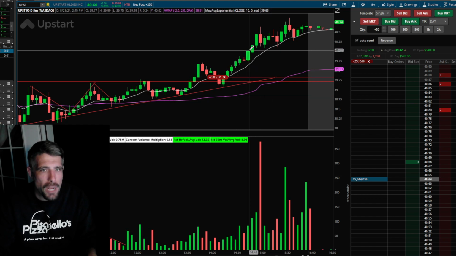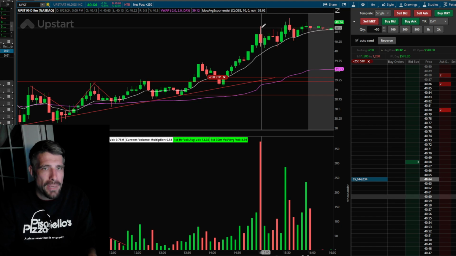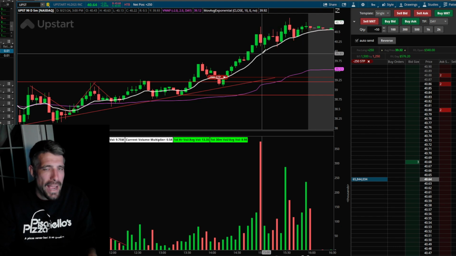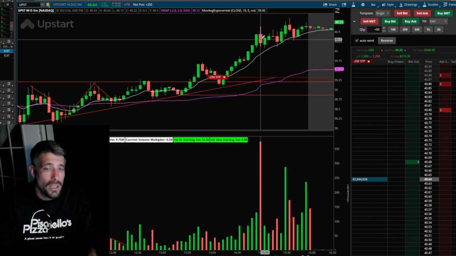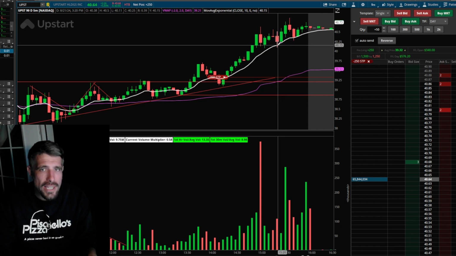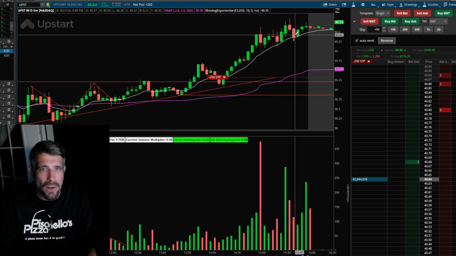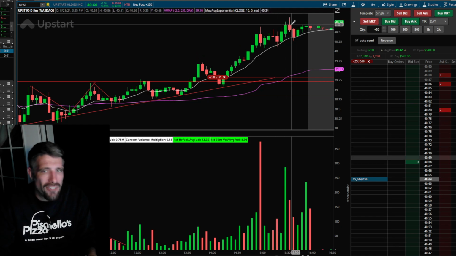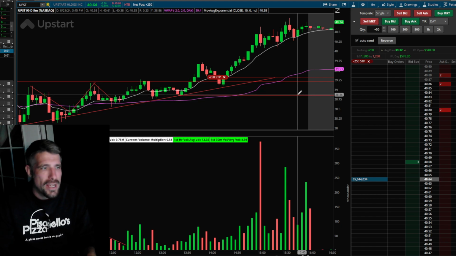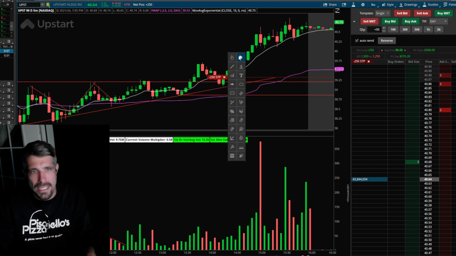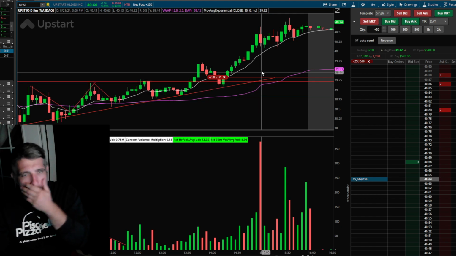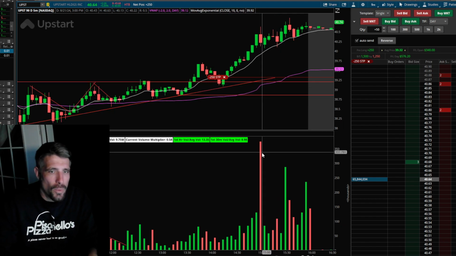This thing pushed up much, much higher. You can see a big volume tried to pull this thing back. I wasn't even in front of the screen at this time, but it still continued to hold this 10-day on the 10-5 minute, and it held and then closed somewhere around here. I don't really remember. I took off half my shares because I wanted to lock in those profits. Same reason I did for PRCT. So you can see that right there.